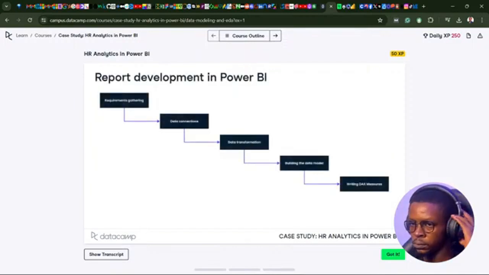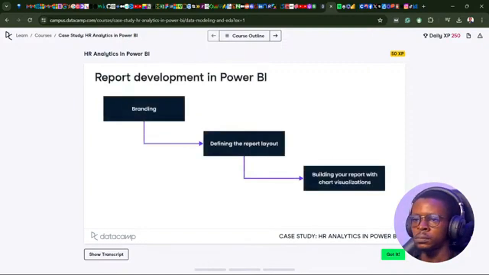In step 1, we will focus on 5 key areas: requirements gathering, connecting to data sources, data transformation, building the data model, and writing your initial DAX measures. In step 2, we will focus on 3 key areas: branding, defining